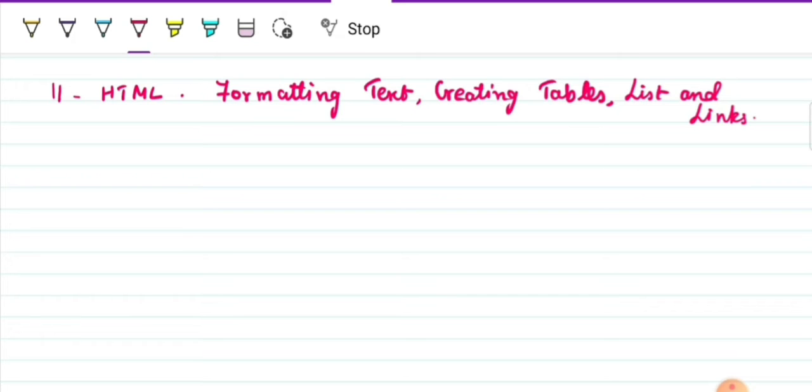What do you mean by formatting first of all? Formatting is nothing but the changes in the appearance that you are going to make for a text. For example, consider you have a text in a normal way. It will not be very attractive.